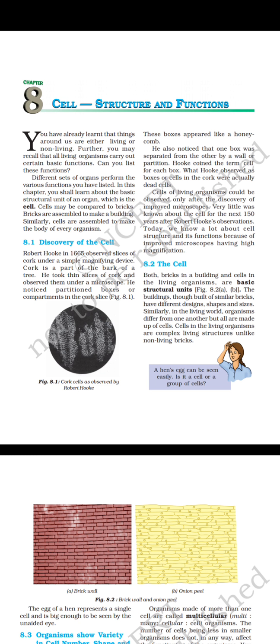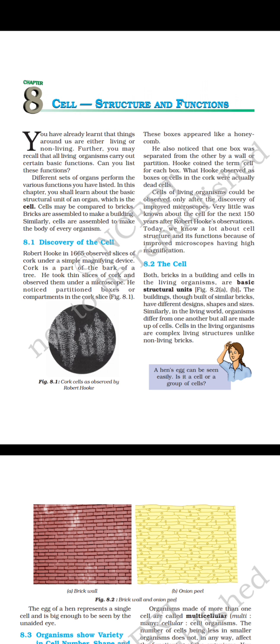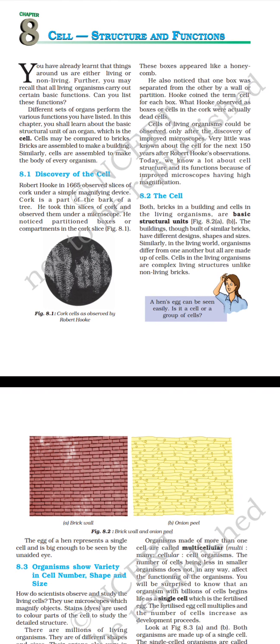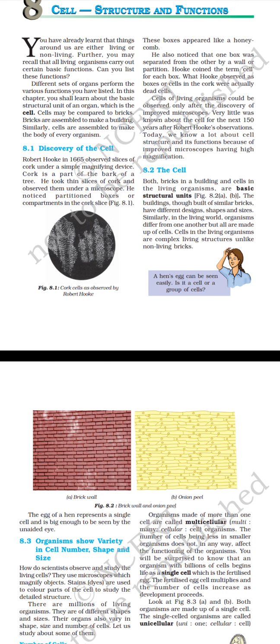We have seen that the cell is the smallest functional or structural unit of a living organism and a non-living one also. So the cell was a structural and functional unit of organisms. It is the smallest unit which makes up the structure of the organ present inside a living or non-living organism. We have seen that in the year 1665, Robert Hooke observed this in the bark of a tree